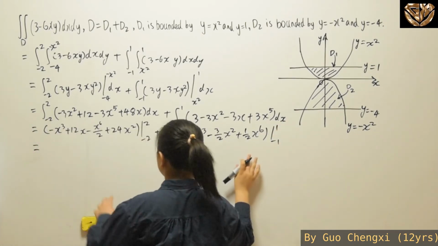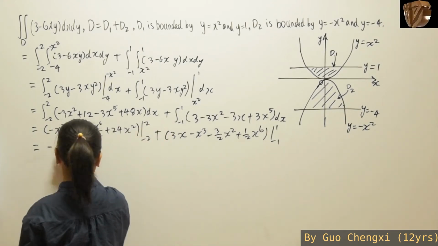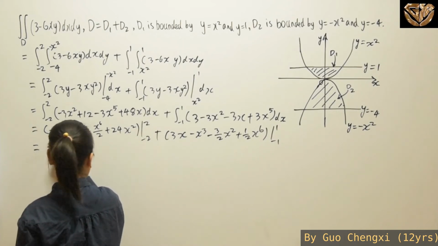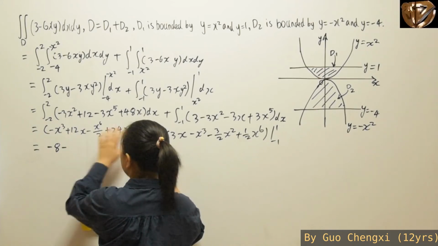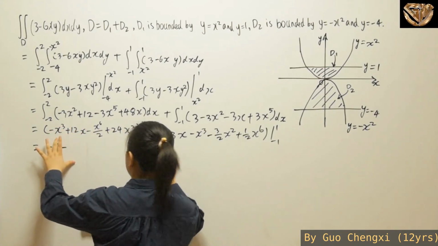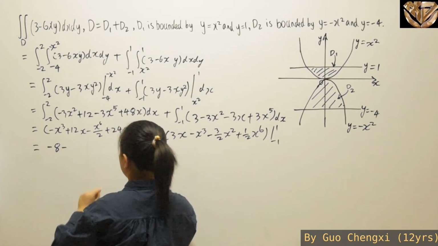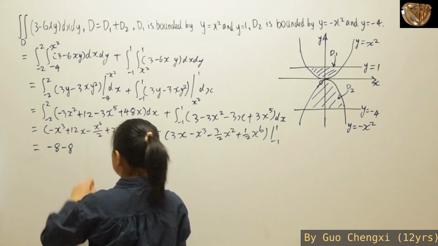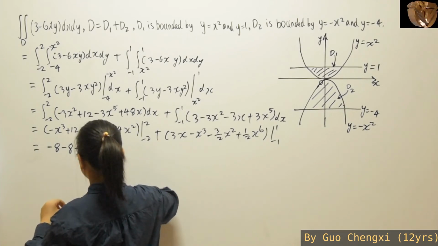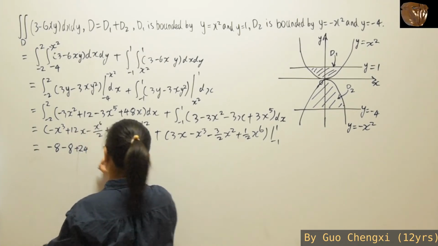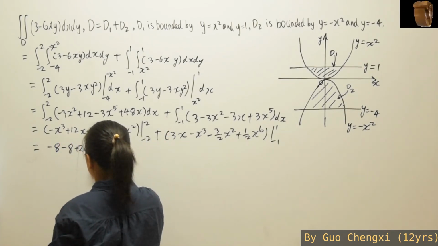And now that we have finished both of these integrations, we are going to substitute the boundary inside, which you are going to get -8, which is 2 cubed, minus. So for this part, you have a minus become positive, but since this is cubed and this is negative, you're going to have another minus, ending up with a negative. So -8 minus 8, then for this part, you're going to have plus 12 times 2, which is 24. 24, and then you minus this part, where this minus and this minus cancel each other out,